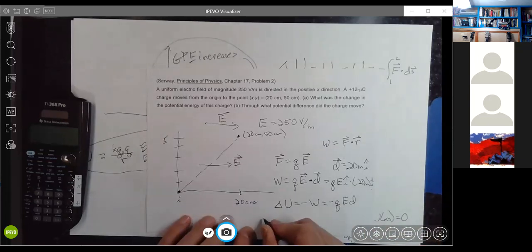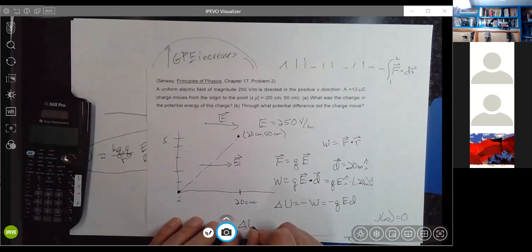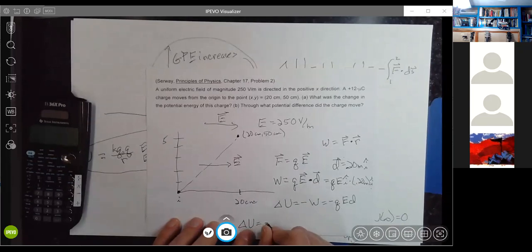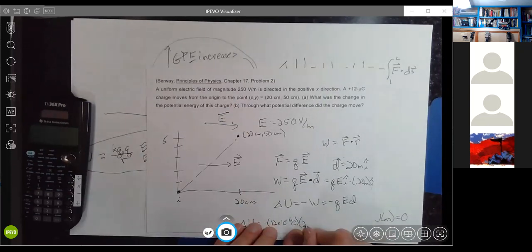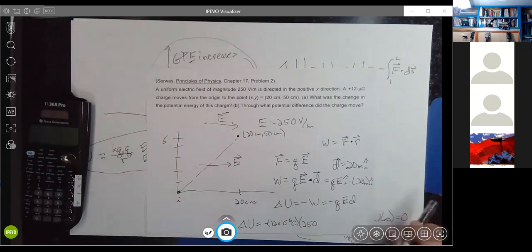But it'll just be delta U equals minus 12 times 10 to the minus 6, it's a microcoulomb, times the electric field, 250. Now, in this case, once we get to this point,